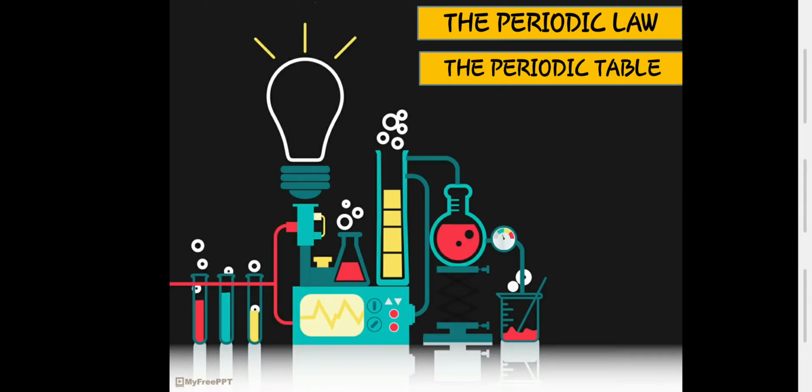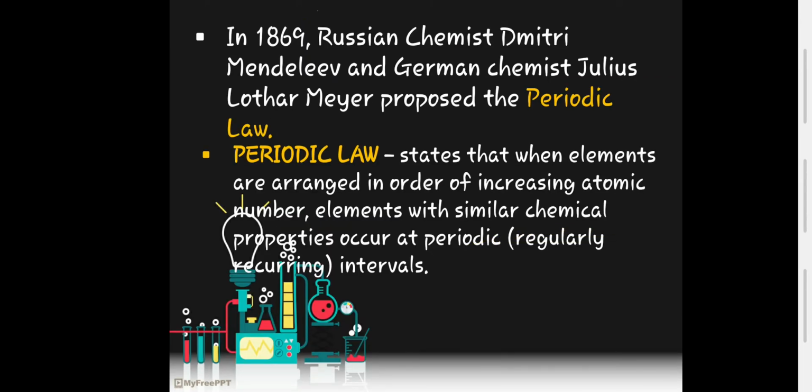Continuing our discussion, let's go now to the periodic table and the periodic law. In 1869, the Russian chemist Dmitri Mendeleev, a very important person in the discovery of the periodic table,